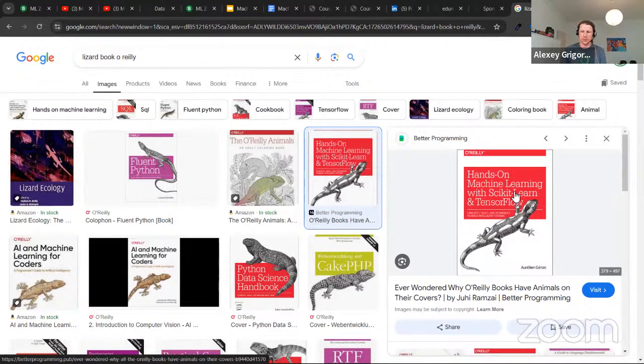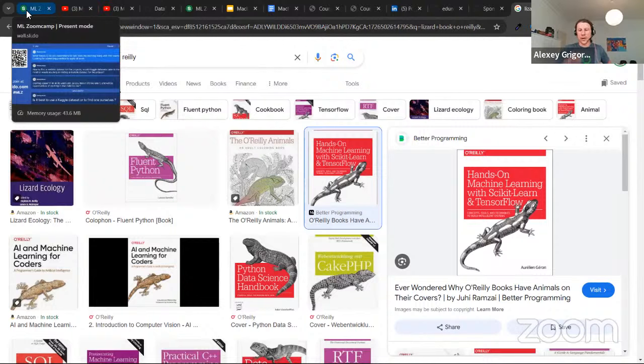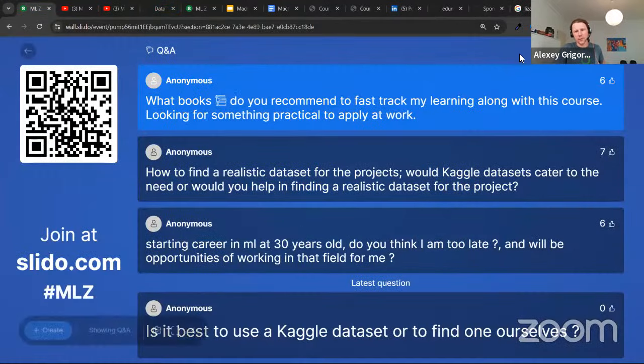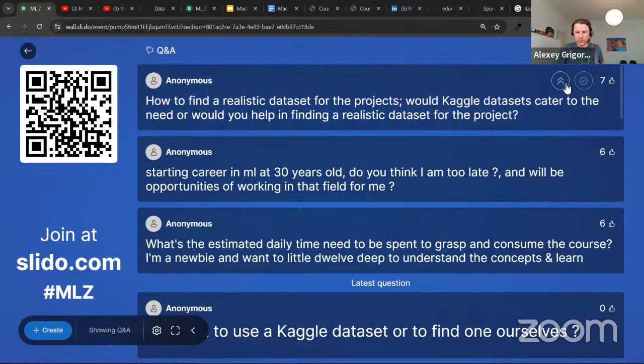I of course can recommend my book, Machine Learning Bootcamp, but honestly, you will not learn anything that is not covered in the course. So the course and the book have the same content. So if you want something in addition, then I've heard that this is an awesome book. You can check it out too. But again, I would recommend instead of doing another book, just do projects.